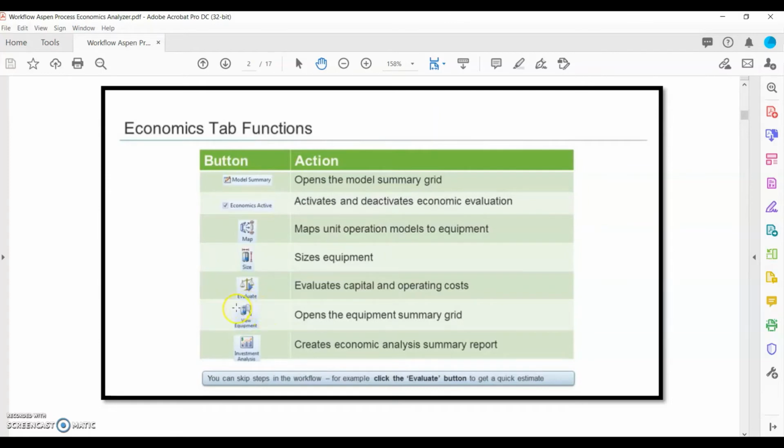And then we can see what types of equipment has been selected in the APEA by clicking this view equipment button. And then finally we can perform the investment analysis by clicking the investment analysis button.